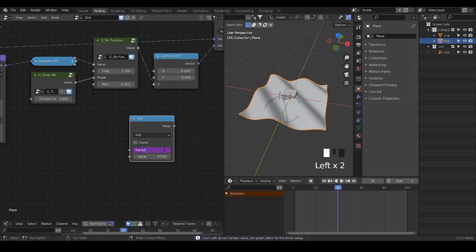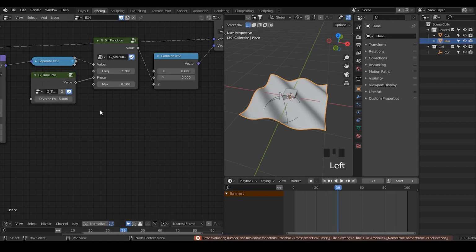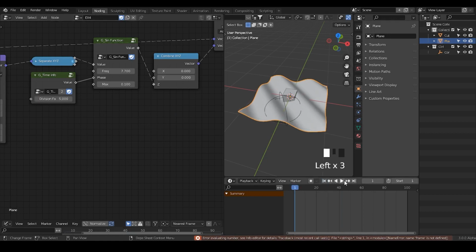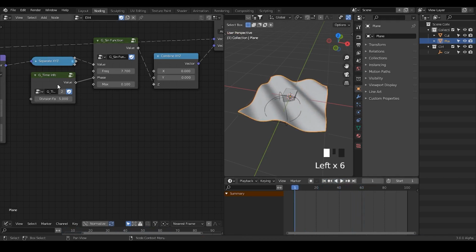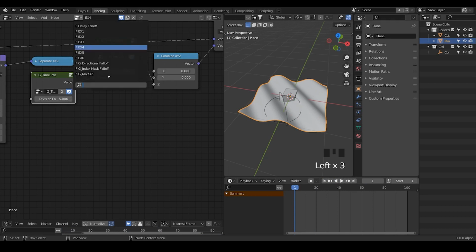So just to prevent all this kind of typing driver stuff, I just make a preset, just like what I get used to in animation nodes. So this is how I like it. I think this node will be improved with a boolean, because sometimes maybe I would like to multiply the number instead of divide. Anyway, so this is the